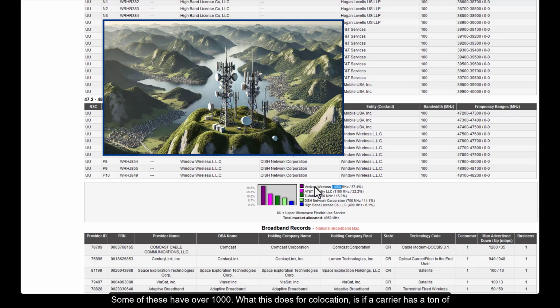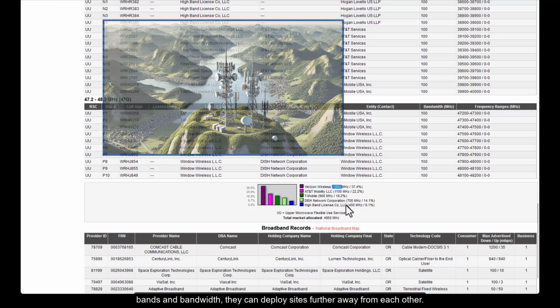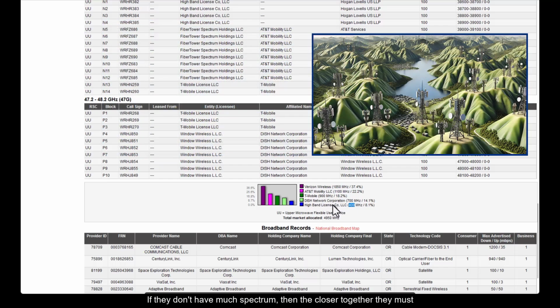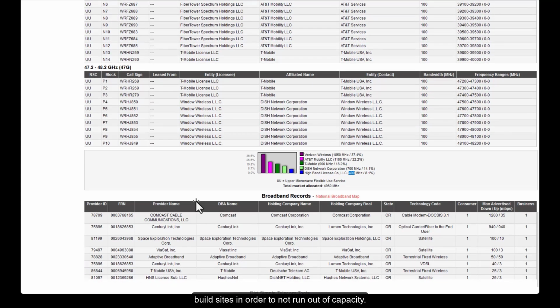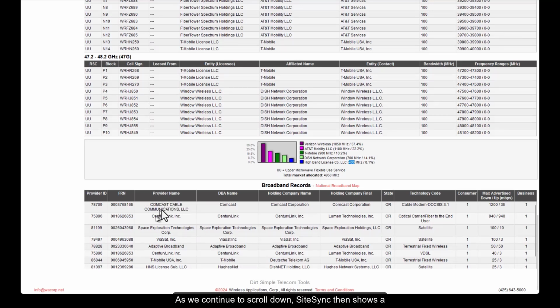is if a carrier has a ton of bands and bandwidth, they can deploy sites further away from each other. If they don't have much spectrum, then the closer together they must build sites in order to not run out of capacity. As we continue to scroll down, SiteSync then shows a real-time poll of what was deployed in the